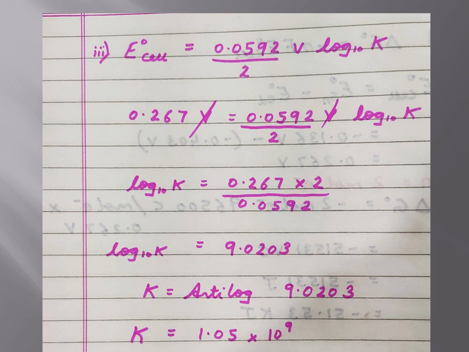Students, please do not forget to write down the final answers. Numericals on electrochemistry will be coming for either 2 to 3 marks. So in these two videos, we have solved all the types and all the kinds of numericals that are expected in your exam. Thank you, my dear students.